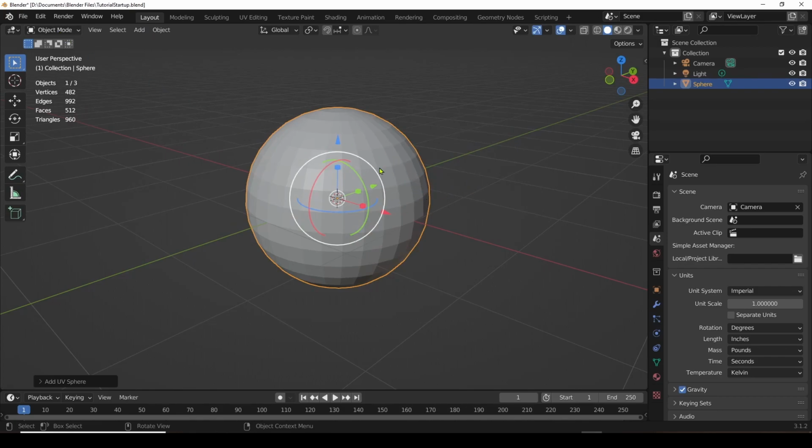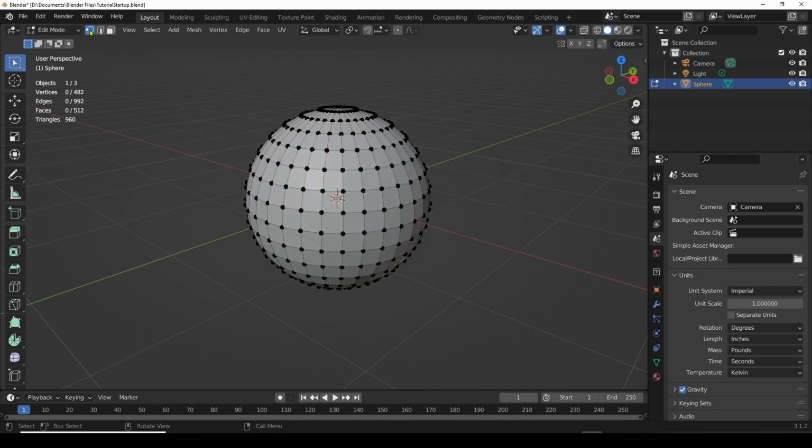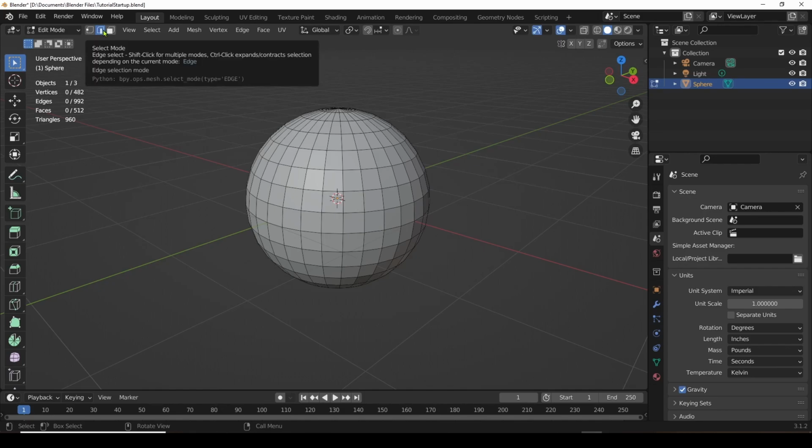So we're in object mode, we've selected it. Now we want to go into edit mode, select edit mode, and you can see we are selecting vertices. We're in the vertex selection mode. You can see up here with a dot. Here is the edge selection mode, and here is the face selection mode. So let's first start with face selection mode and talk about some of the ways that we can select individual faces, vertices, and edges. So the most